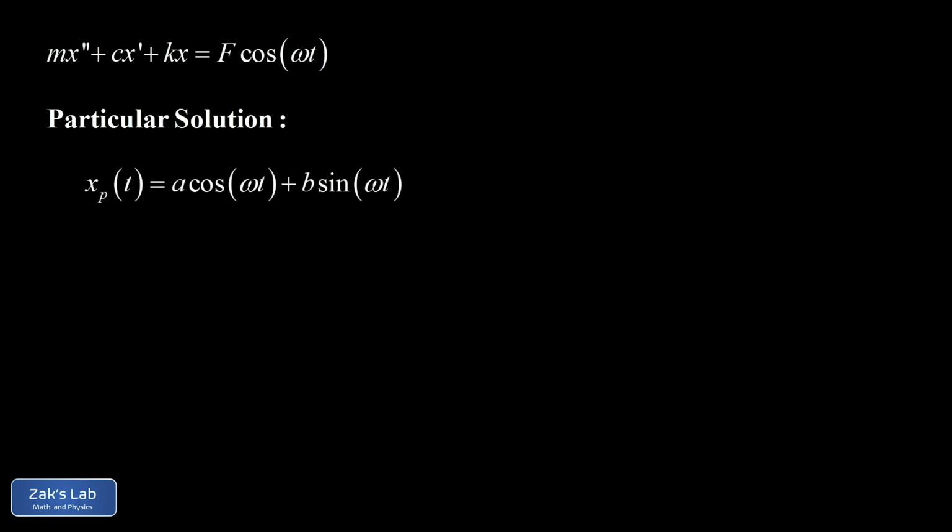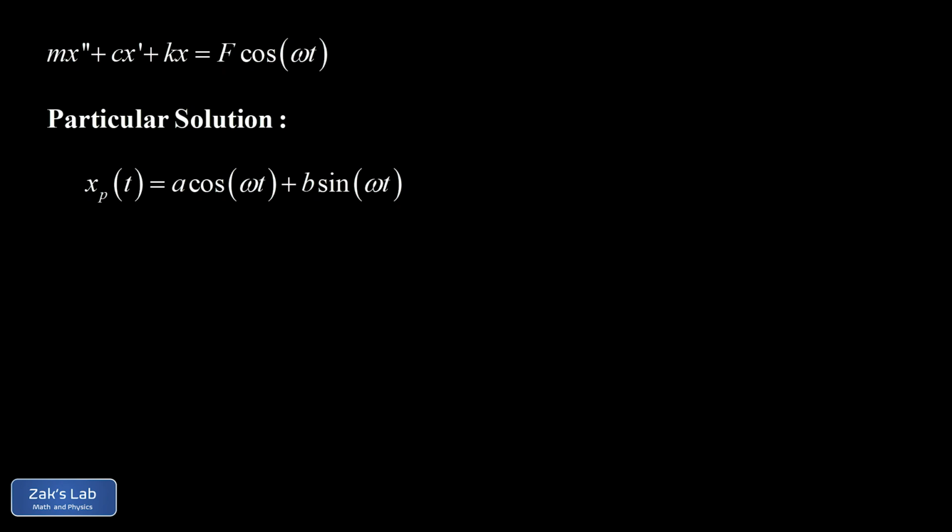And the idea here is to just propose a solution that has a general enough form to work when we run it through the inhomogeneous differential equation. So our proposal is going to be sines and cosines having the same frequency as the driving function. So that's omega. And the little a and b there, those are the undetermined coefficients. So we're going to run this solution through the differential equation and try to solve for the little a and